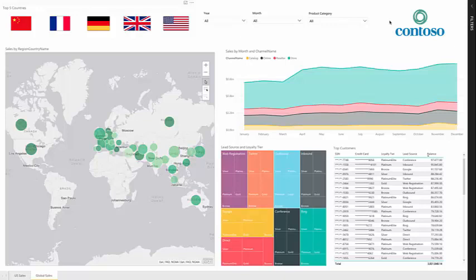If I have additional questions, I've got a lot of confidence now that I can go back to Unifi. I can start to incorporate additional levels of detail, additional data sources, and very quickly start to bring these analytics to life and really answer some of these global business questions that I've been asked.